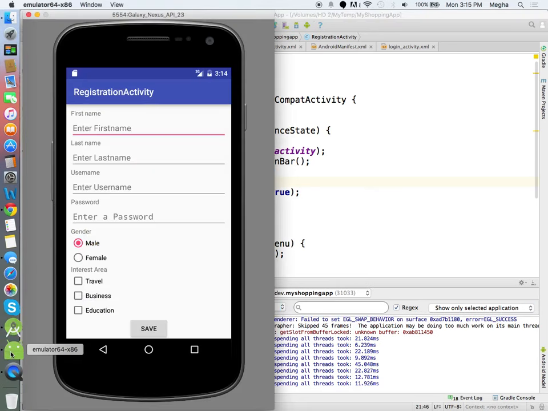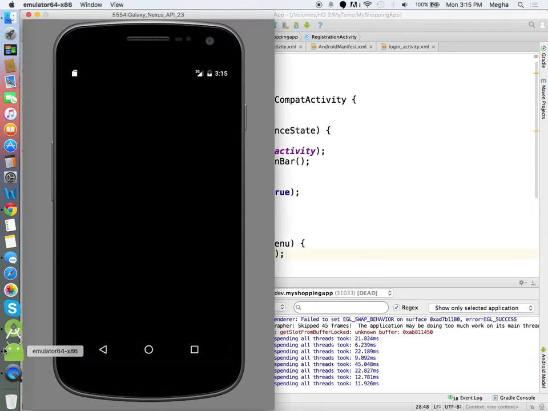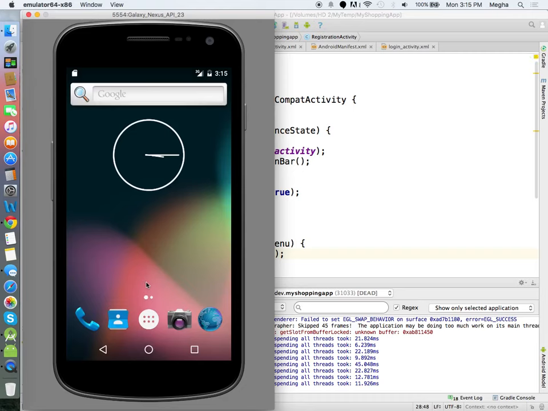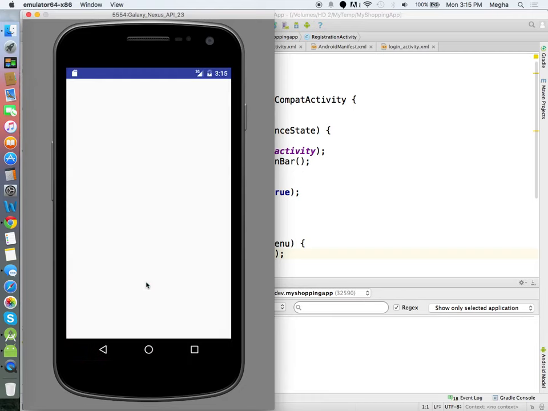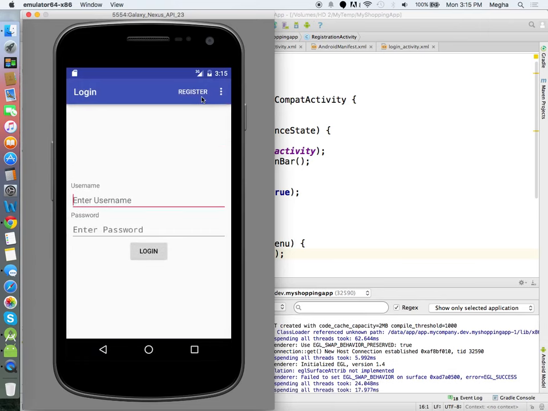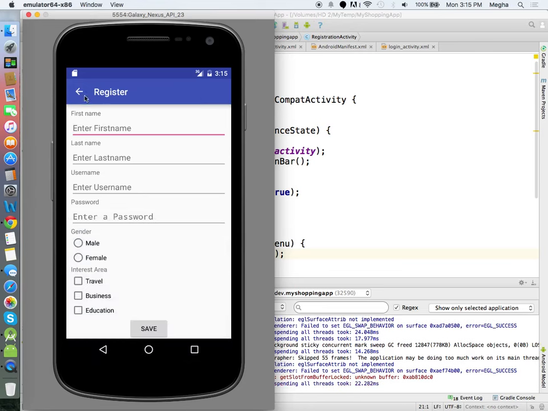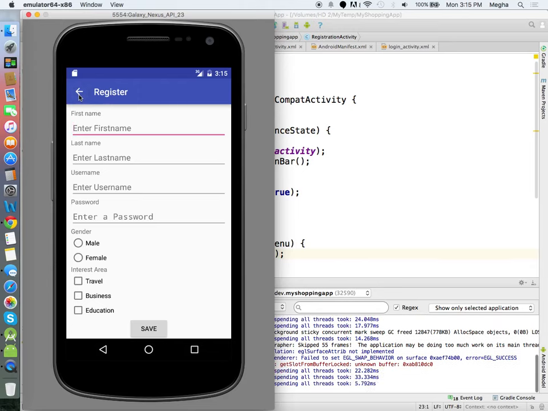So let me see whether it is appearing first. Okay, now if you notice, a back button has come. So when the user clicks on this, he can simply go back. So we added a further navigation, but it's not working. We'll make it work. Now if you notice, the application is getting into shape. So this is how a professional application is going to be developed.